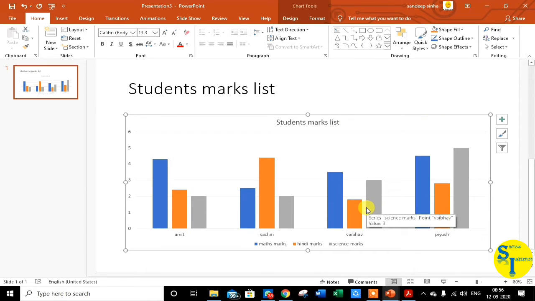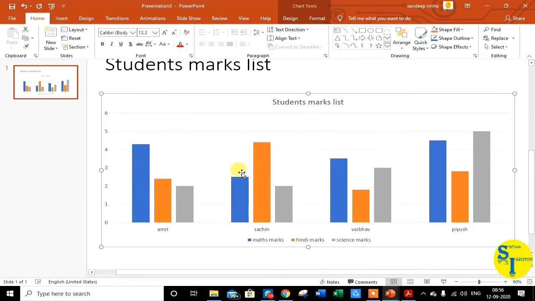Now student, I will explain the different components of a chart. This horizontal axis is called the category axis, where the categories reside. This vertical axis is called the value axis, where values are shown, like 1, 2, 3, 4, 5. In Excel, whatever you give as category will show in the category axis, and what you see in the data series will be shown in the value axis.